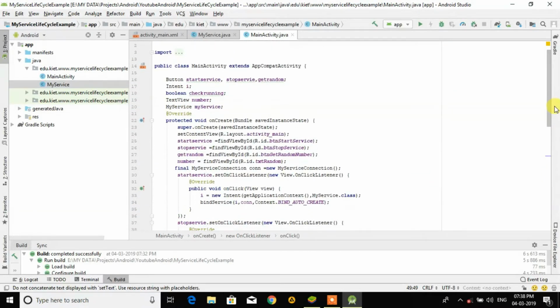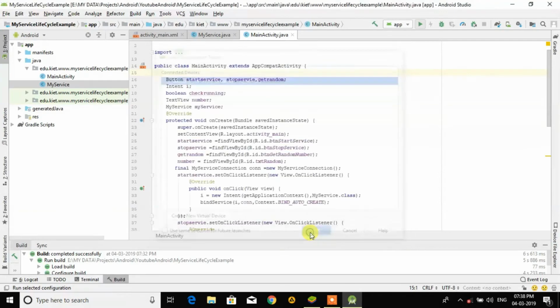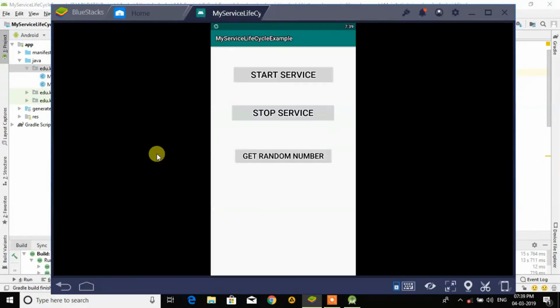Now we are checking whether it is behaving like this or not. Just see the output. Start. Now you see the output when I click on start. When I click random number, there is no random number because the service is stopped right now. When I click on start service, then it will generate a random number using the service. If I stop the service, then it would not generate any random number. You see, when I start again, it generates a random number again. I stop it, then no random number.